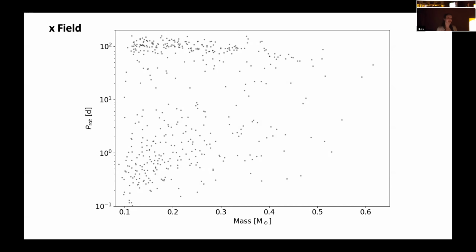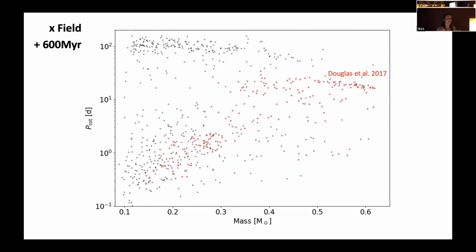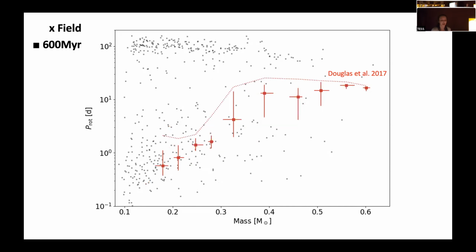So this is the same field data set that I showed on an earlier slide, but note that the axis is now flipped. And you see those two populations. But of course, in the field for M-dwarfs, we don't know the ages. So that's making it difficult to see how this spin down is changing with age. If you want to resolve ages, one solution is to look at clusters, like the 600 million year old Praesepe cluster. But you see here that all the low mass M-dwarfs in this cluster are still rapidly rotating by 600 million years. Now let's bin that up, so I'm going to be adding a lot to this plot.